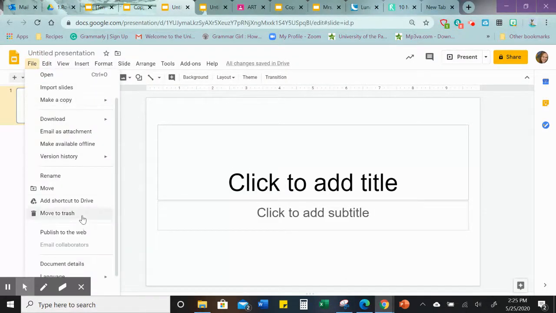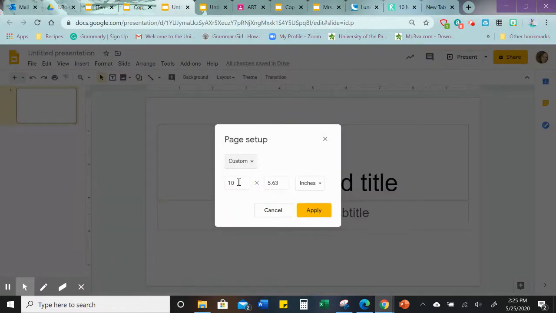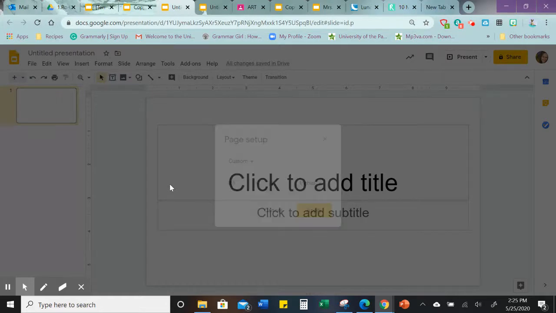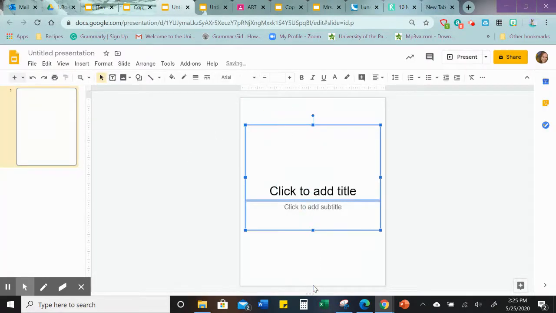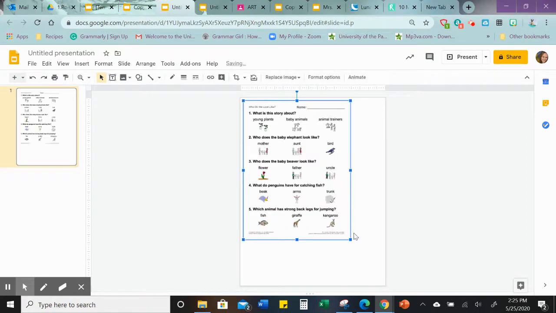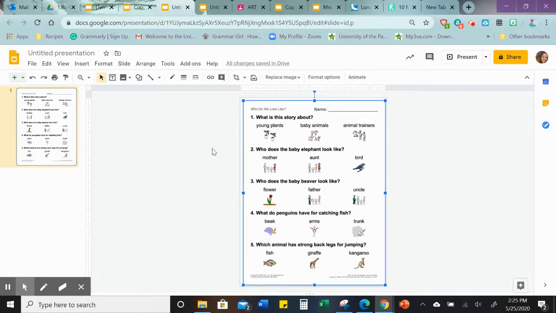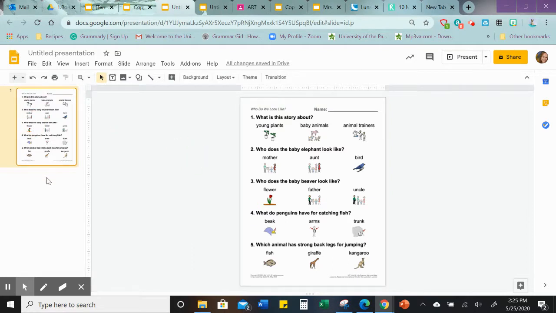And we want to make sure that this has a page setup of 8.5 by 11. And we want to get rid of the text boxes. And then paste down that image that we just copied from the snipping tool. Okay, so we have our picture here, but we don't want this to be a movable image. So we are going to